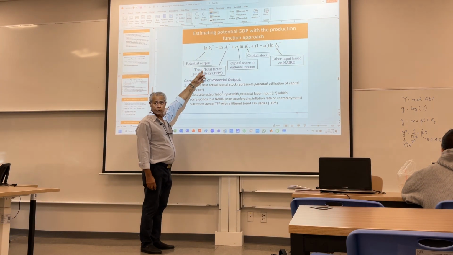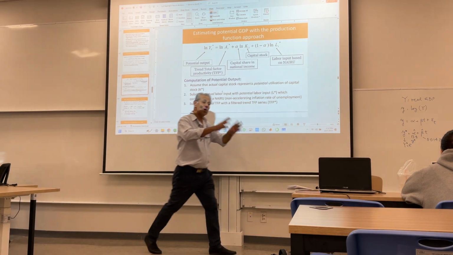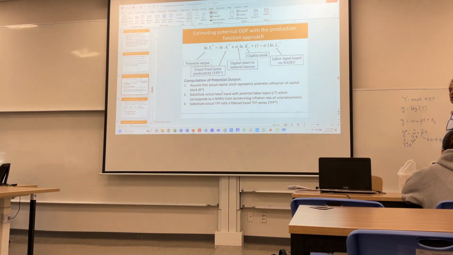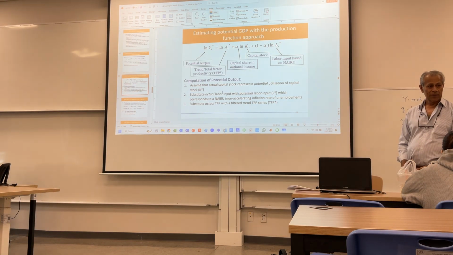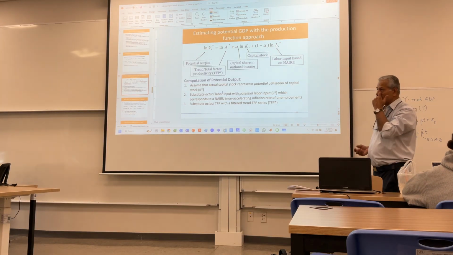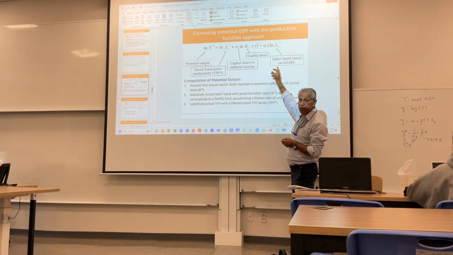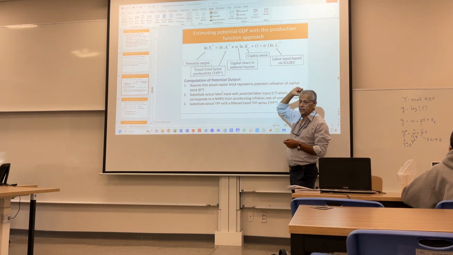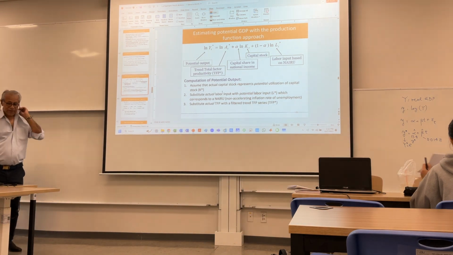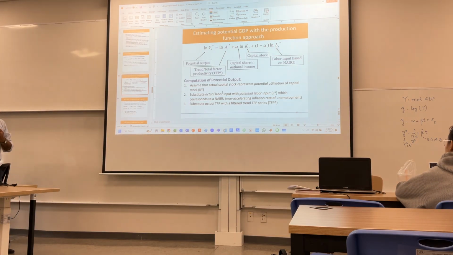There is an actual output, but if the economy were producing at full capacity, then this is what potential output would be. The economy can be producing at potential output, or it can be producing less than potential output, because it's either not using its labor fully or not using its capital fully. So based on that, if we have estimates of labor and we have some idea what